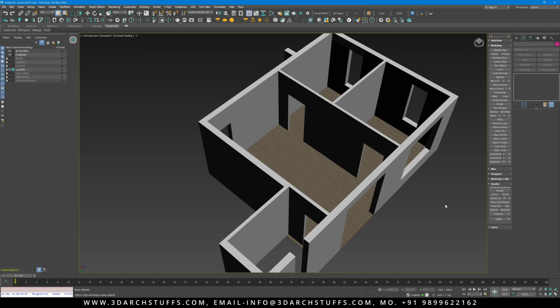Before that, I will recommend, whenever you are making a scene, first focus on modeling the structure of the scene, either in SketchUp, Revit, Blender, or Max, whatever suits you. Suppose you have modeled the structure in SketchUp and you want to add a library inside SketchUp, you will find a little bit low quality, low detailed models. But if you bring the structure modeled in SketchUp into 3ds Max, then here in Max you will have